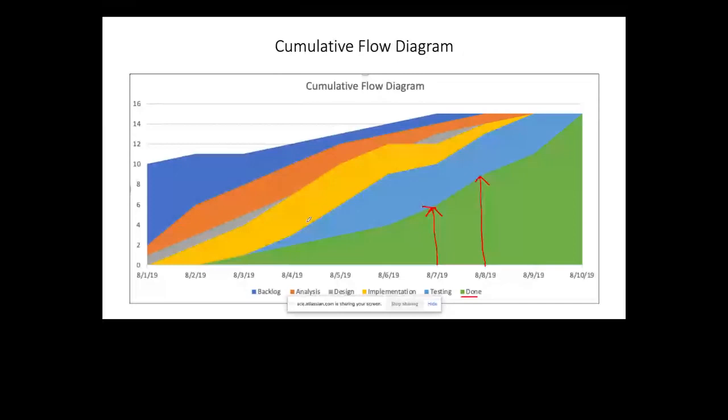So we have got 6 items done by the 7th of August 2019. By the next day, let's say 2 or 3 more items done, so we have 9 items by the 8th of August. The vertical height is our throughput in our cumulative flow diagram, right? Ideally what should happen is your throughput should increase over a period of time, right? Now, if you all have a flat